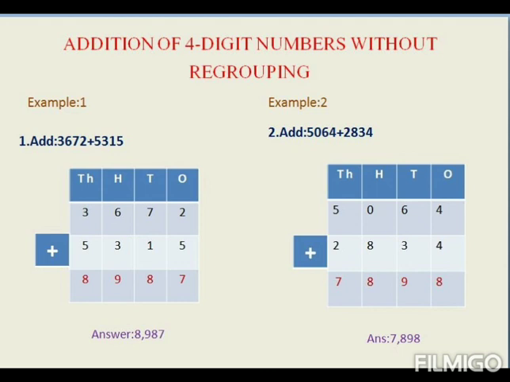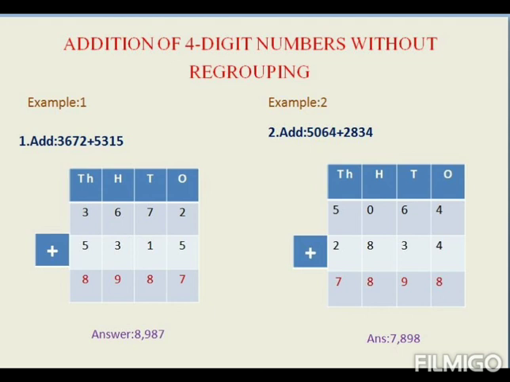Now we'll move to the tens place. We have 7 and 1. So tell me again. 7 in the mind, 1 in the finger. After 7, 8. So write 8 in the tens place. Next move to the hundreds place. 6 in the mind, 3 in the fingers. After 6, 7, 8, 9. So write 9 in the hundreds place.